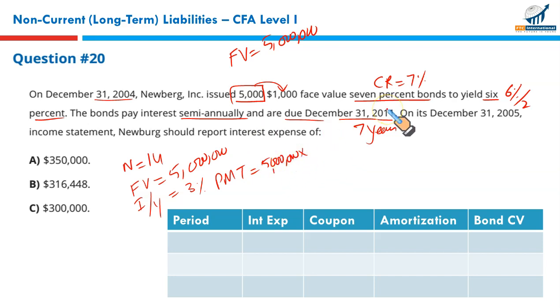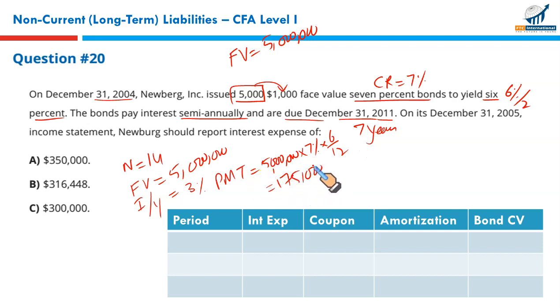Multiply it with the, remember the interest is paid at the coupon rate, 7%. Right? So what's the single payment? 5 million multiplied by 7% multiplied by 6 upon 12 or 1 over 2, whichever you want to do. So it's 5 million times 7% multiplied by 6 by 12, 175. This is the payment you make, $175,000.